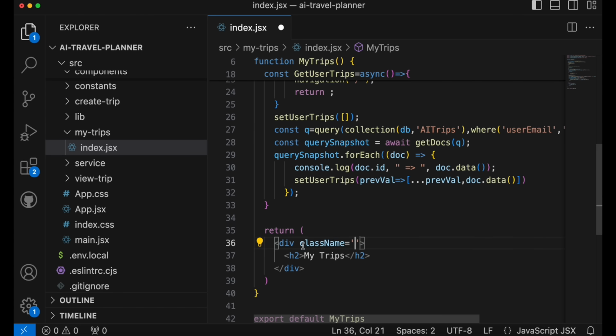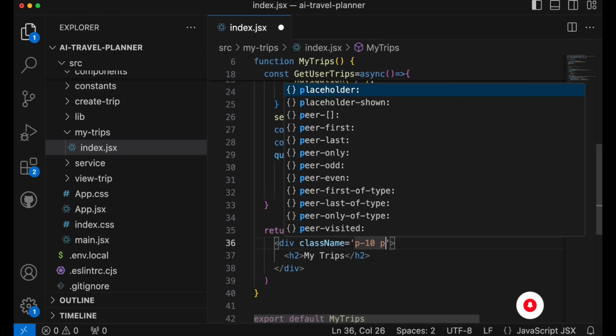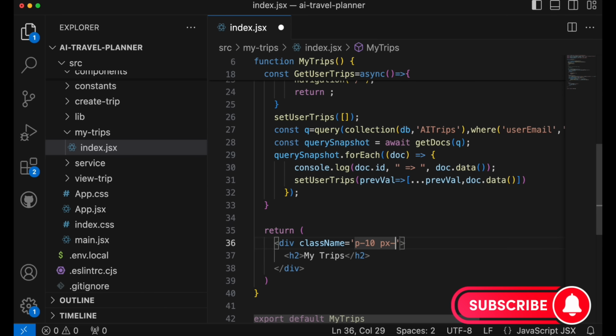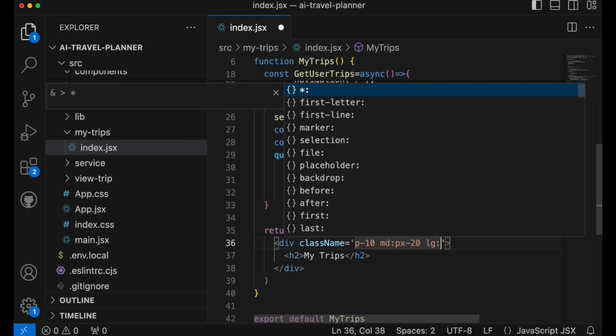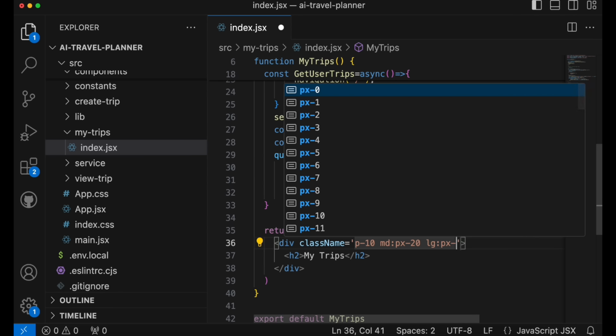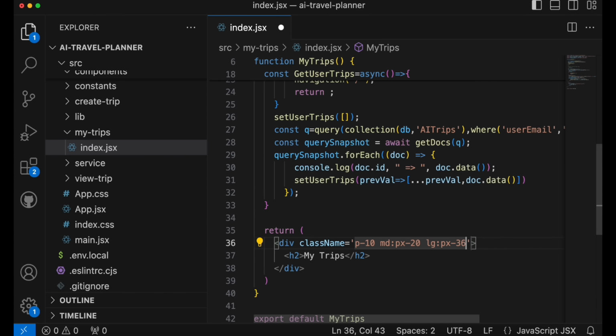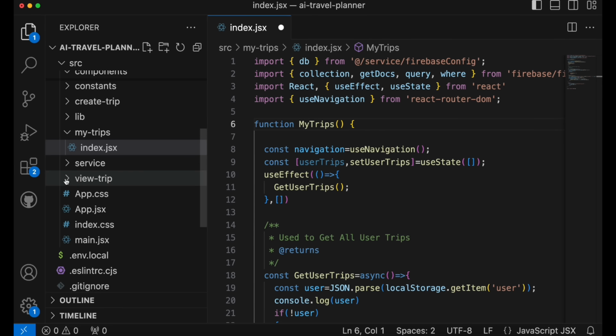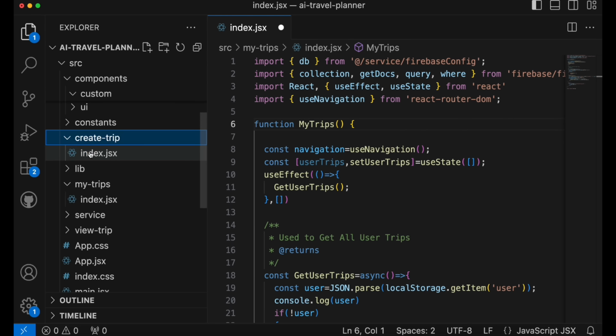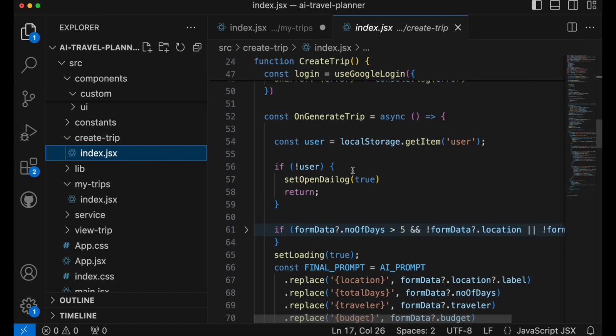Now here I will add an h2 tag, and we'll say my trips, and add a class name. Here I will add a padding of 10, padding x 20 when screen size is medium. Then on large we'll add padding x, let's add 36, and I will just copy the existing one from this create trip. So if you see over here as well,